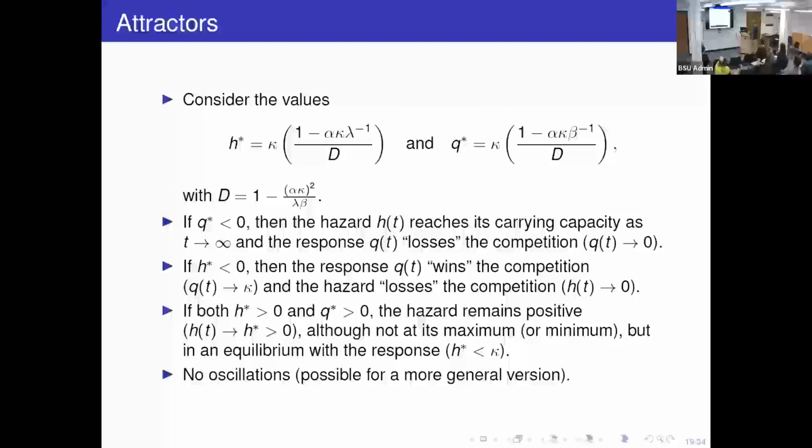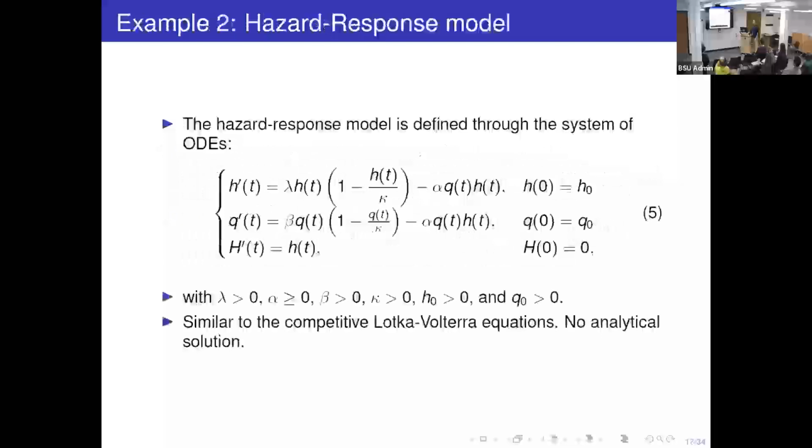But if you allow for different carrying capacities and different alphas, so the alpha and alpha prime, alpha tilde here, for instance, that will produce a model that leads to oscillations. But that's exactly what we don't want, because, as I said, interpreting oscillating hazards, especially hazards with a seasonal effect, is slightly challenging. I have never come across an example where you have a hazard function that goes up and down. But if you have one, then of course you can generalize this model and try to address that.